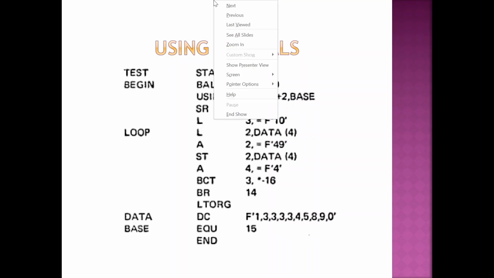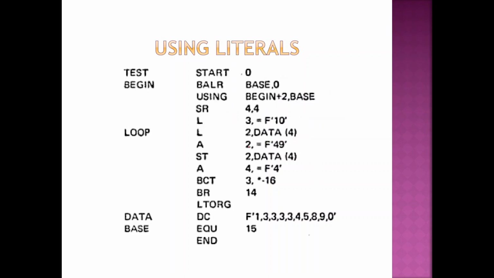Just look at this line. Let us take the same example of 49. In the previous program which I showed, we had 49. Instead of giving a symbol, directly a literal can be used. This is the same program using literals. The only change is that wherever there was a symbol, we replace it with a literal, but you cannot directly write F49. You have to say =F49. That is the syntax. Similarly =F10 and =F4. These are some changes which we have done.